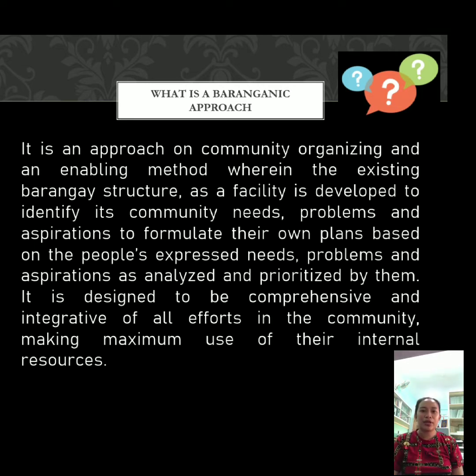Why enabling method? It is enabling method because the method or the approach cannot just stand on its own. There is a need of collaboration between the members of the barangay, those families involved, as well as the barangay leaders, the barangay captain, the barangay council as a whole, or if the barangay has facilities or establishments, those people who are working within those establishments and facilities, they are part of the barangay structure. They are part of that community, so they have to work with each other collaboratively.